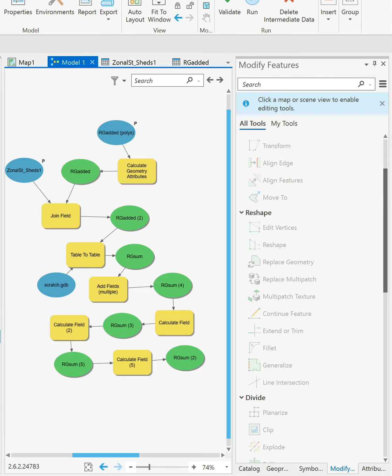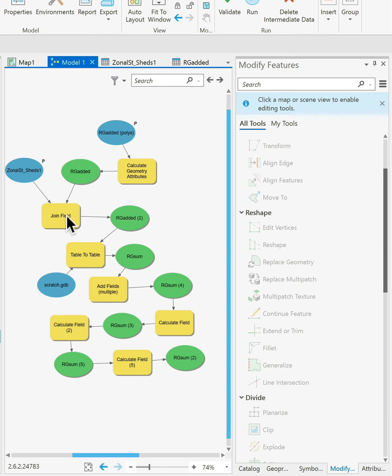We also asked you to calculate the total cost for rain gardens, and that's pretty straightforward because we've already had you calculate the overflow for the rain gardens in a previous video, and the one where I show you how to actually do the rain gardens. We go through this workflow where you have the rain garden polygons and you calculate their area, and then you join that to the zonal statistics that gives you the summation of the flow over those watersheds defined by each